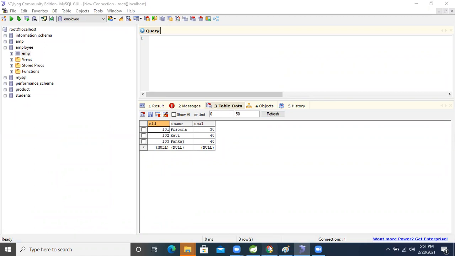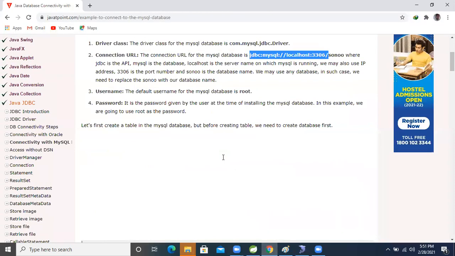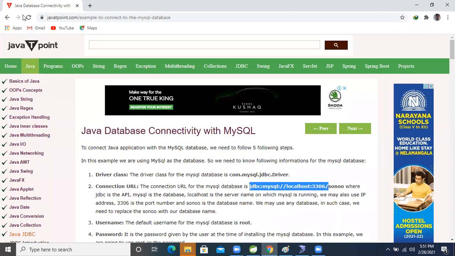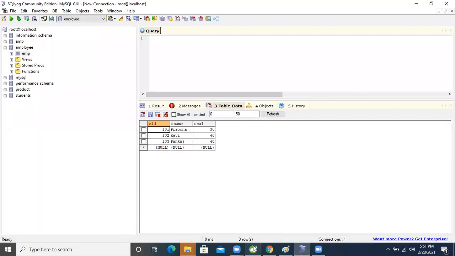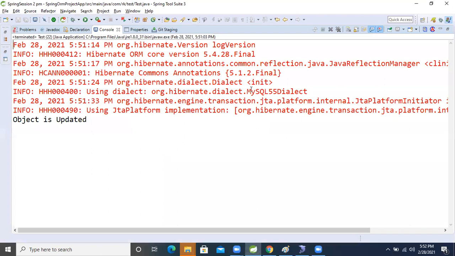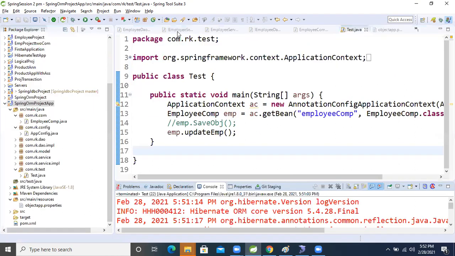Why is it not updating? I think Ravi, after replacing the value, the service dot save method needs to be called, right? Which one? In the service layer.